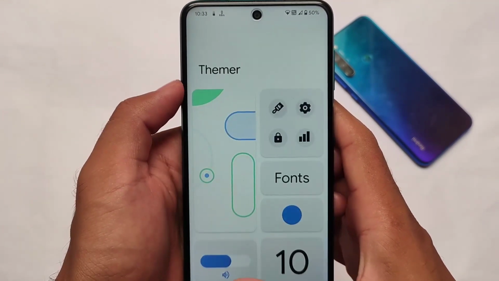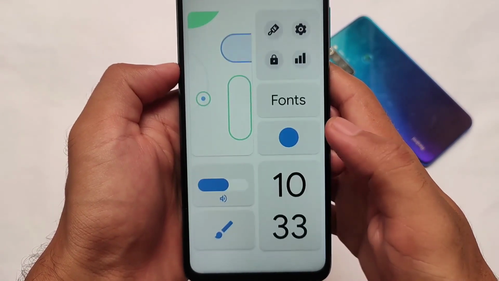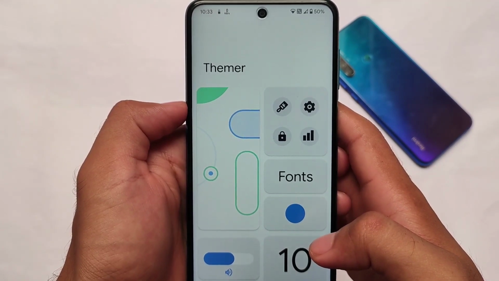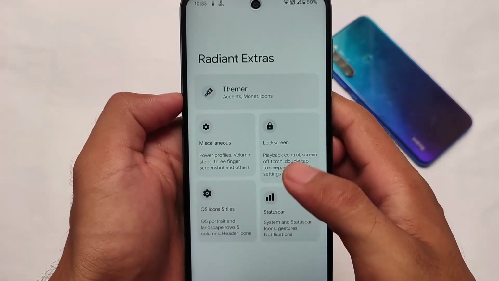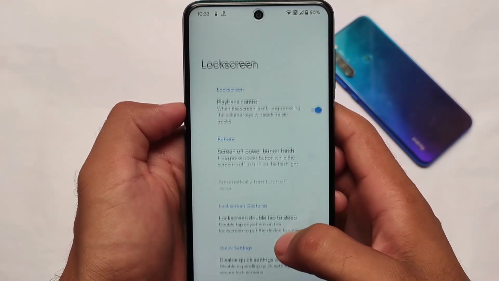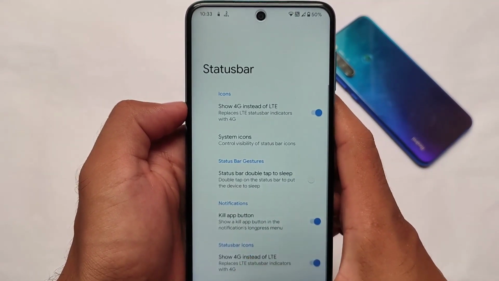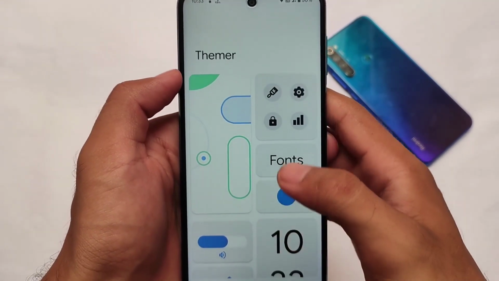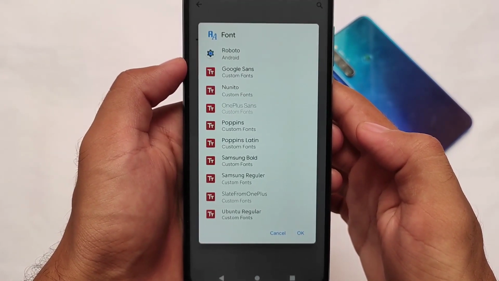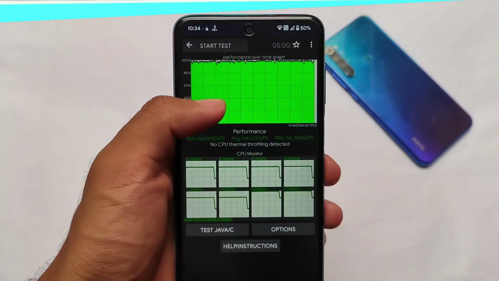If you love to customize these things, then this might be a good choice for you. In the terms of theming section, you can customize the status bar icons, you can customize your lock screen, you can customize the fonts and a bit of things here. In lock screen, you can customize only gestures and a bit of things, not major customizations. Animations look quite good. Status bar icons I've already shown you. In the terms of font engine, one of the best things is that it has the font engine, which is supported in all the apps. So yes, it's something really interesting.